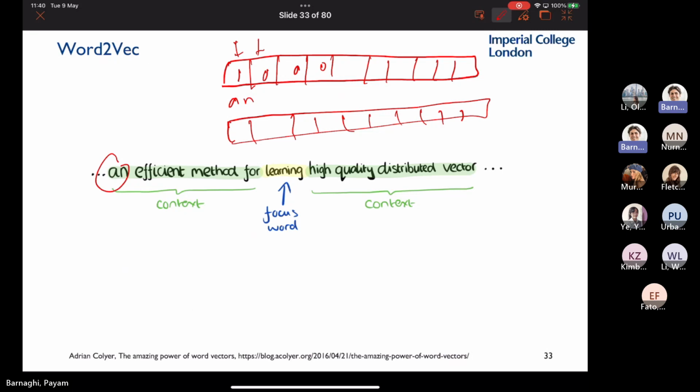There are many ways you can create them, but usually you start with one-hot encoding. One of the ways is a model called Word2Vec. Interestingly, again, it came from Google Research. And they create a neural network for this. What they do is one-hot encoding, and then they create a word focus. And then they see how the other words, basically the context words, help to predict that word.